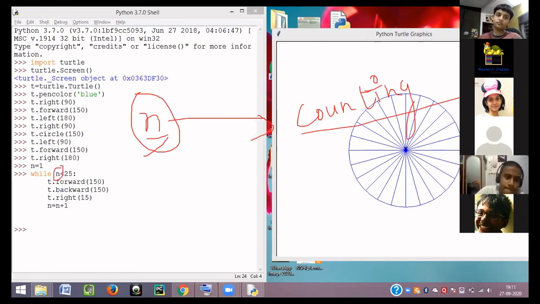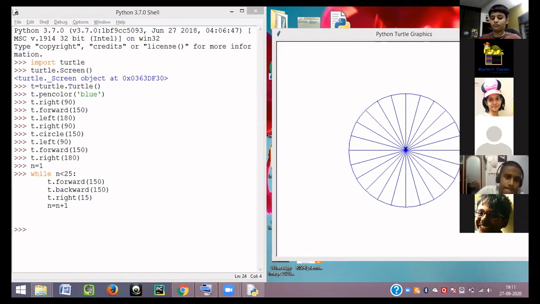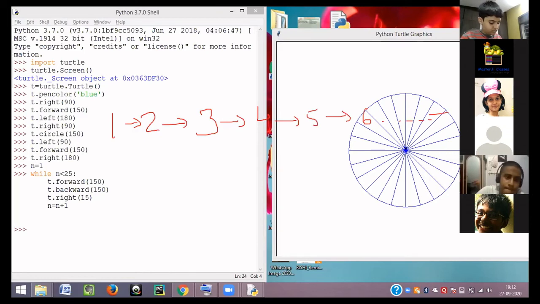Let's suppose if I ask any one of you to say your name 10 times. So you say your name and you raise one finger. Then you say your name a second time, you raise another finger. So who is raising the fingers? You are raising the fingers. Over here, n is the one who is counting our items for us. And we have to increase the value of n at every step to make sure that it goes from 1 till 24. We have to make the value of n increase by 1. That is why we are doing it.